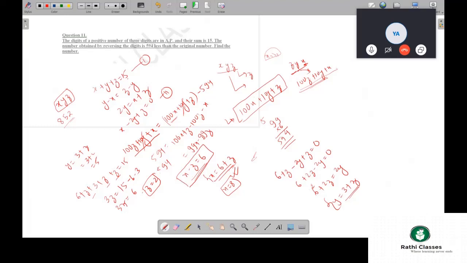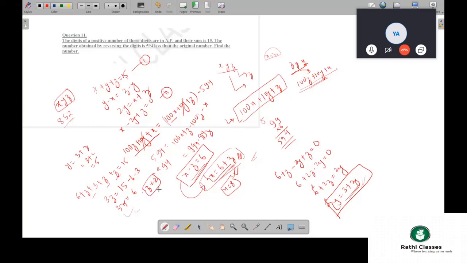So if I want x in terms of z, then I'll just take z to the right hand side. So x is equal to 6 plus z. Applying x is equal to 6 plus z in equation 2, what are we left with? 6 plus z minus 2y plus z. So 6 plus 2z is equal to 2y, or y is 3 plus z. Now I will substitute the values of x and y in terms of z in equation 1. So x is 6 plus z, y is 3 plus z, and z is z itself. On solving, I get z as 2.